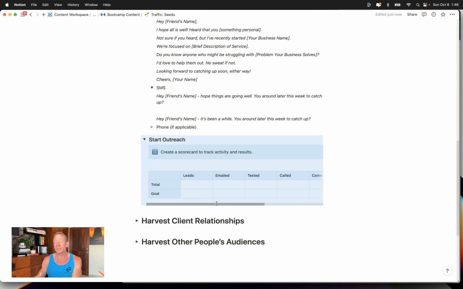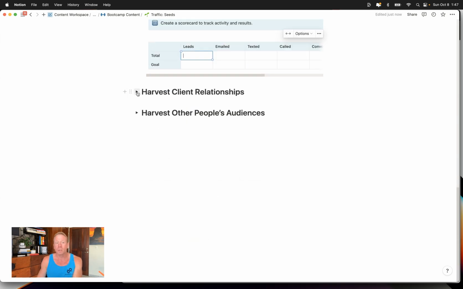The more you treat this like a prospecting activity, the more inclined you're going to be to one, do it, and then two, make sure you're doing it well, right? Like get a scoreboard in here, start some activity, track your activity, and make a commitment. Use the old, I think it was Seinfeld, don't skip a day, right? If you just at least do something every single day, make sure you don't miss a day, but set yourself some goals, track your activity, and let's start creating some opportunities with client